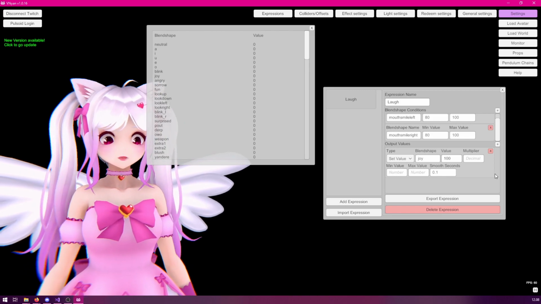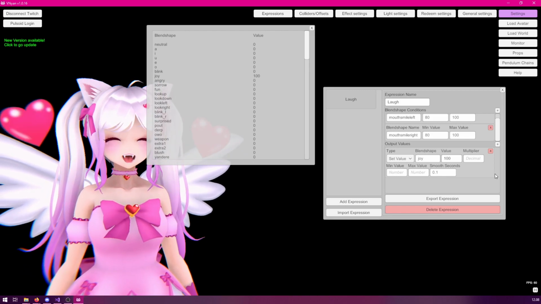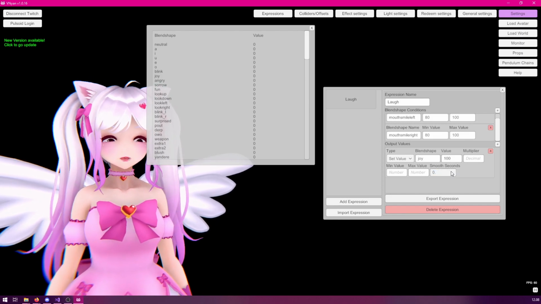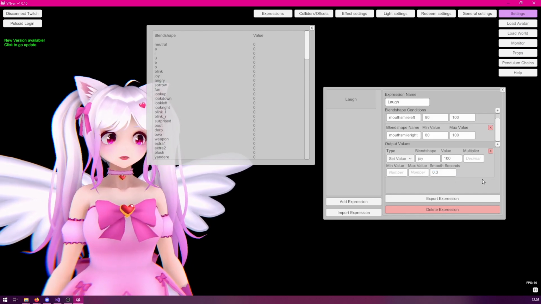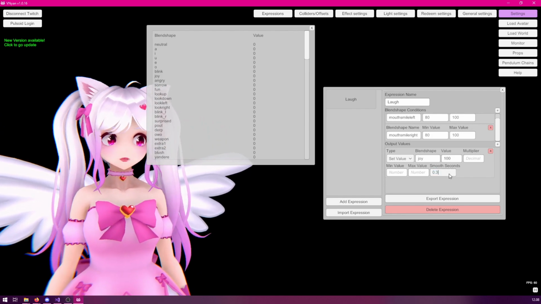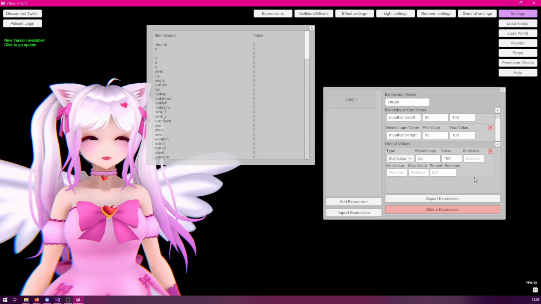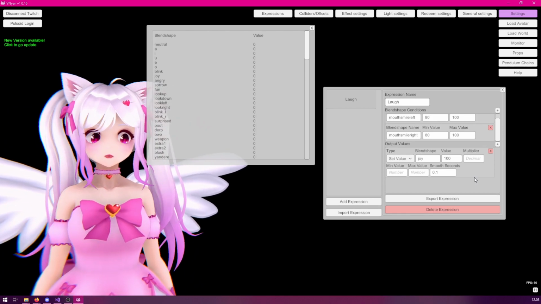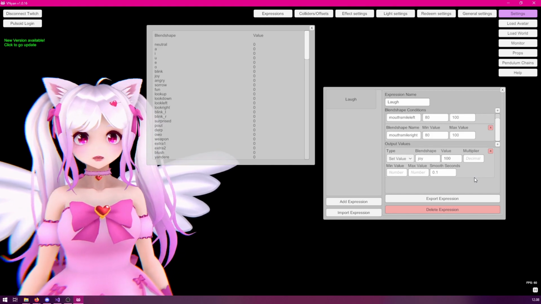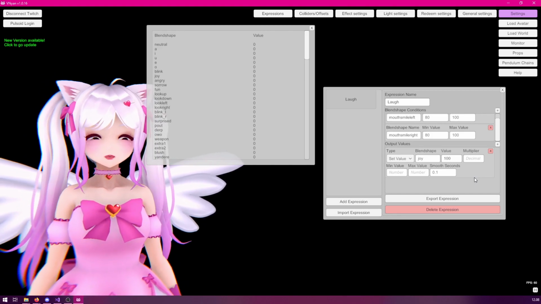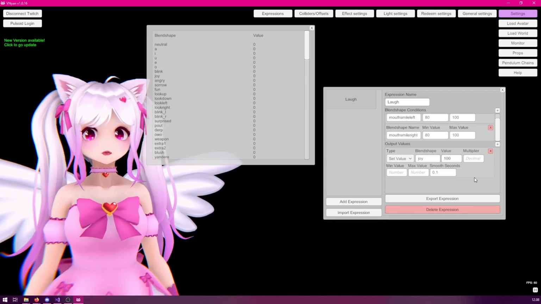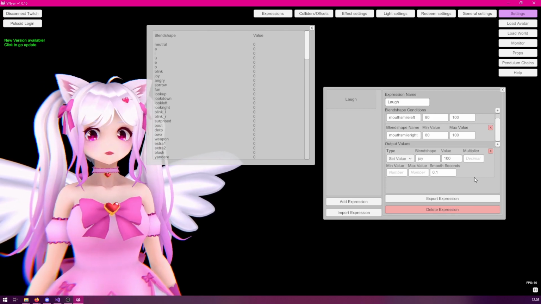And now, as you can see, whenever we smile, the smiling animation happens. Now you could make this longer by typing a bigger number, like so. But 0.1 works quite well for this. Now, you will probably also notice that the specific joy blend shape also closes the eyes, which means that if we happen to blink while laughing, our eyes look a bit weird,